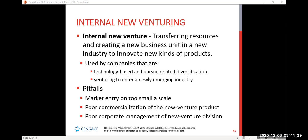Internal new venturing is the process of transferring resources to create a new business unit or division in a new industry. Internal venturing is used most by companies that have a business model based upon using their technology or design skill to innovate new kinds of products and enter related markets or industries. Thus, technology-based companies that pursue related diversification are most likely to use internal new venturing, and a company may